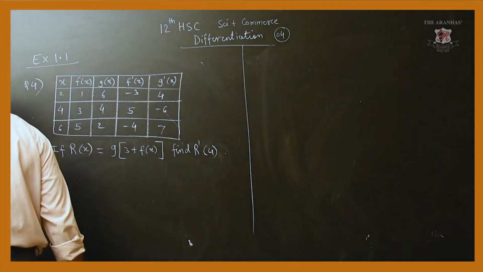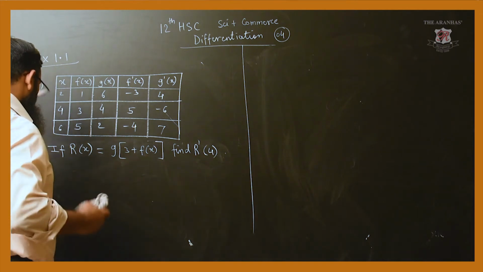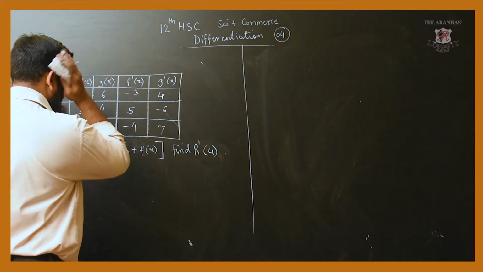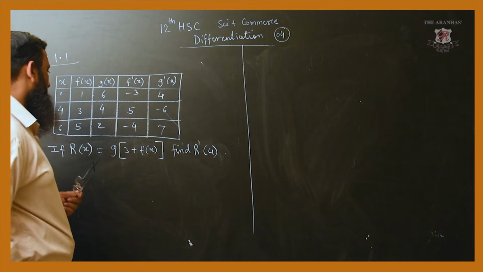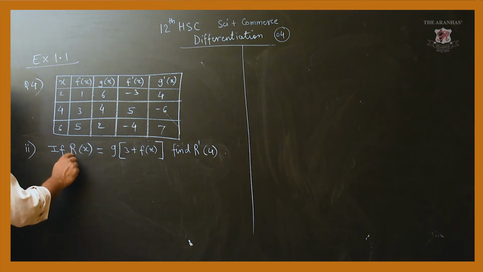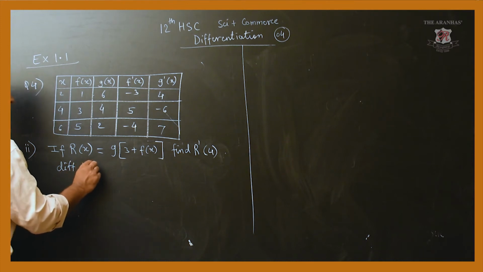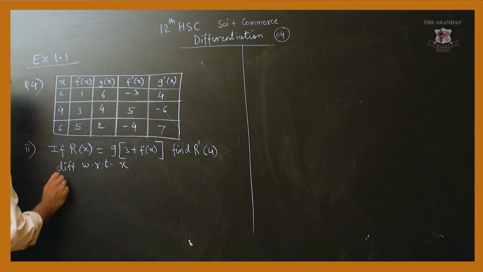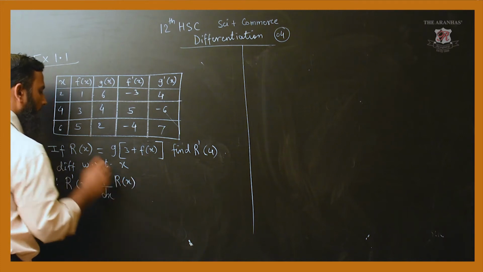They want this. We have to approach towards the answer. How to do that? Now here something different is there, so no need to panic, dear students. We handle it. Here it is r of x, so then it is r dash. Differentiating with respect to x, you get r dash of x, which is d by dx of r of x.